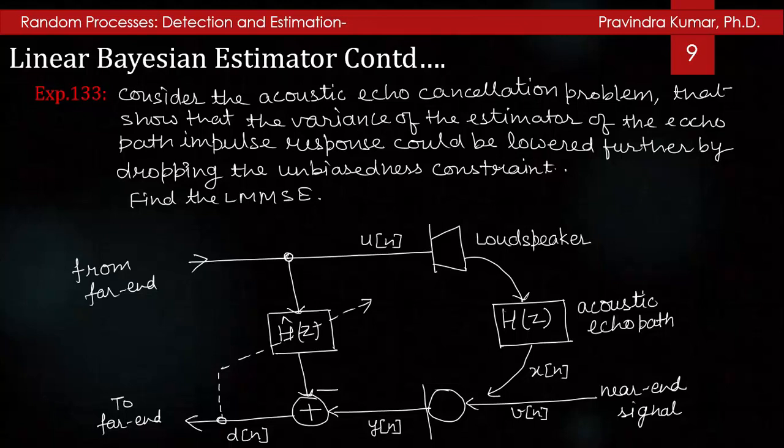This is the loudspeaker, and this is the microphone, and this is the near end signal, and this is to the far end, and this is from the far end. So this is the acoustic echo path, and the output vector at the microphone